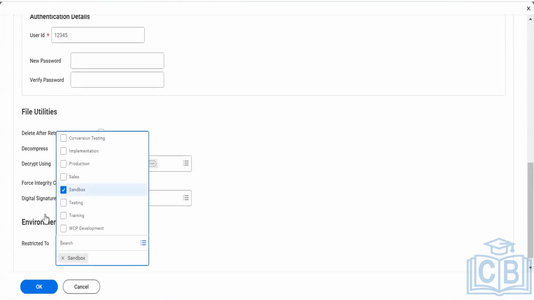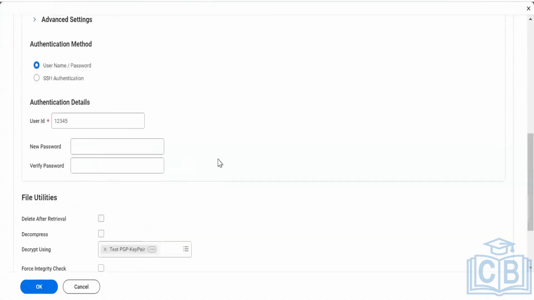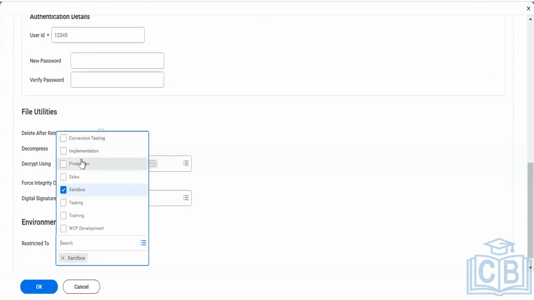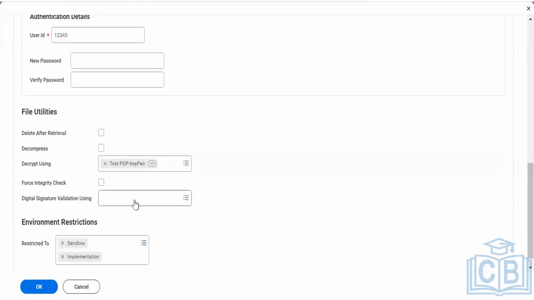And there's an environment restriction, meaning this particular connection will work only in your particular environment. It should work in prod, or it should work in sandbox and test. Let's say I'm testing and receiving a file from sandbox, and once I have completed my work, I migrate to prod. For production, there might be a different SFTP address. I can mention that this FTP connection should only work for sandbox and implementation. Once I migrate to another tenant, let's say prod,